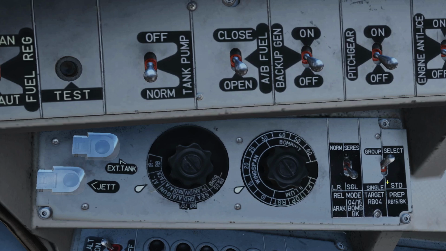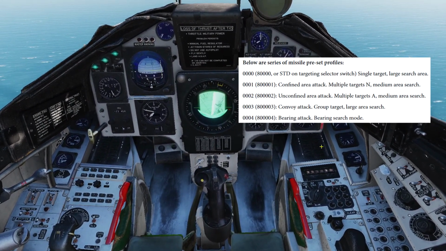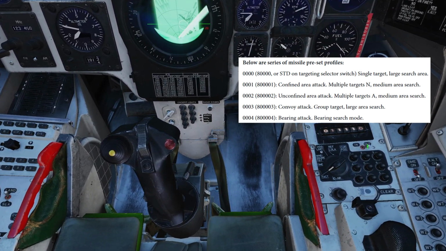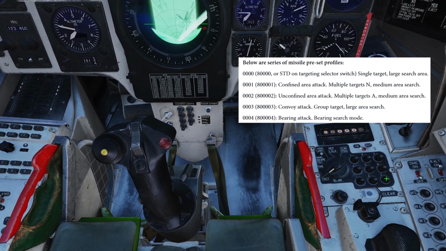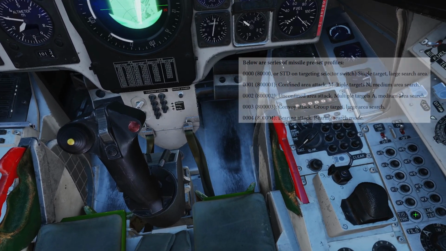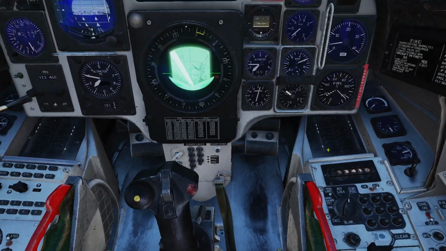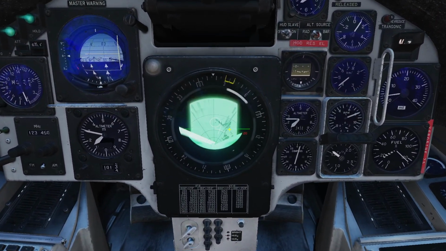Over here, this toggle, if you leave it on standard, it will use the default search mode. If you leave it in select, you can set up a custom search pattern for it, which, referencing the chart that I'm throwing up now, go ahead and come down here, move to TACT, input 80003 for the convoy attack group target large search area, and then hit the TO Trek, which is now input that. Come back to current position, come to the attack mode,